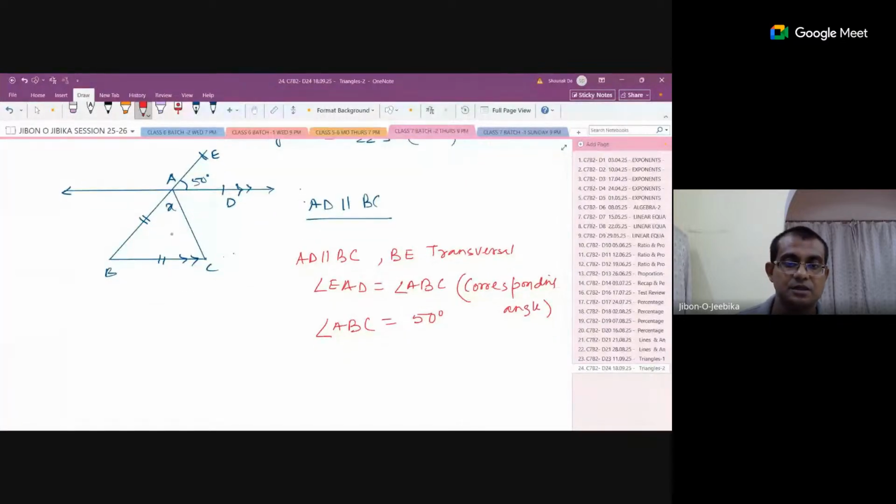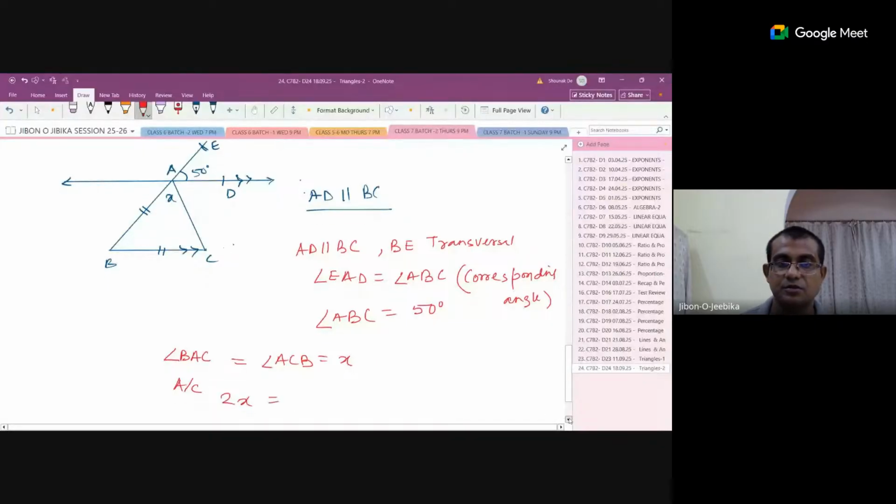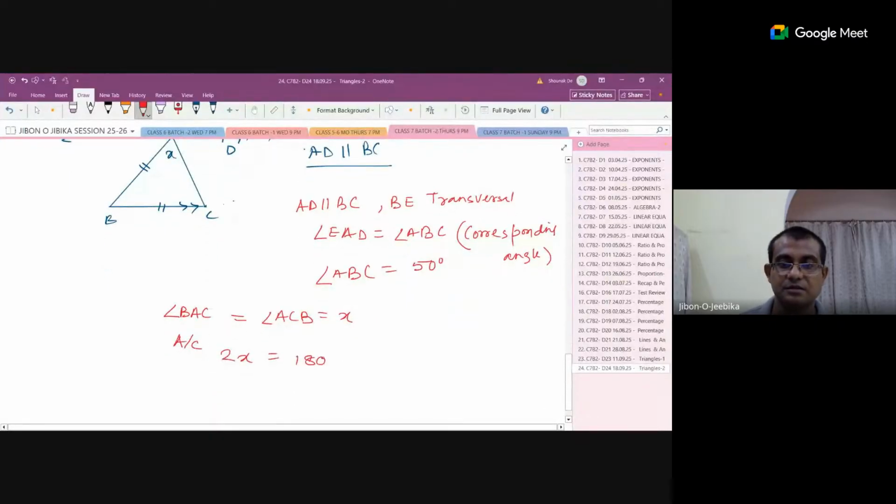Now angle BAC is equal to angle ACB is equal to x. So according to condition, 2x is equal to 180 degree minus 50 degree, or 2x is equal to 130 degree, or x is equal to